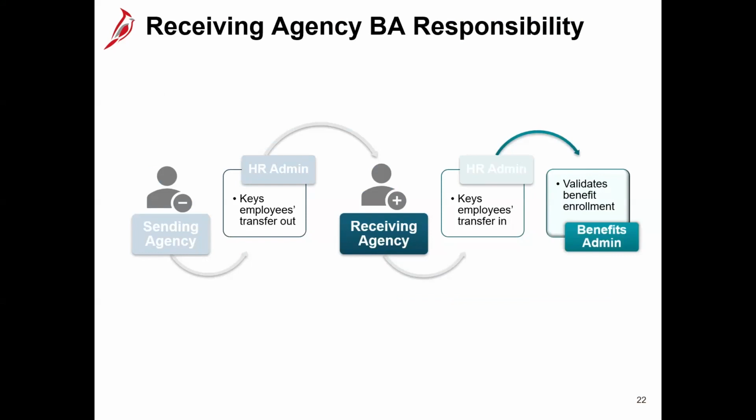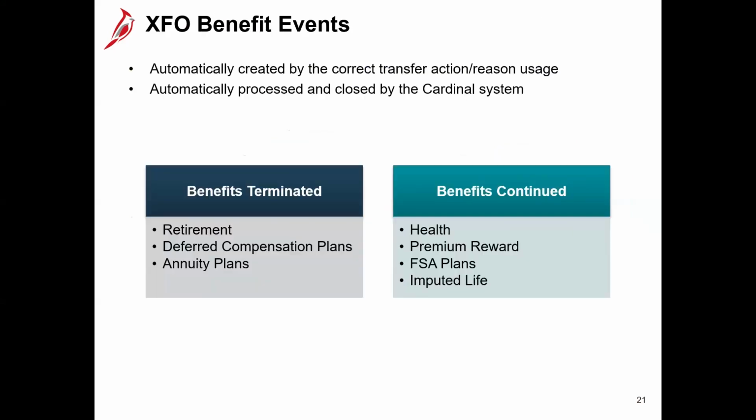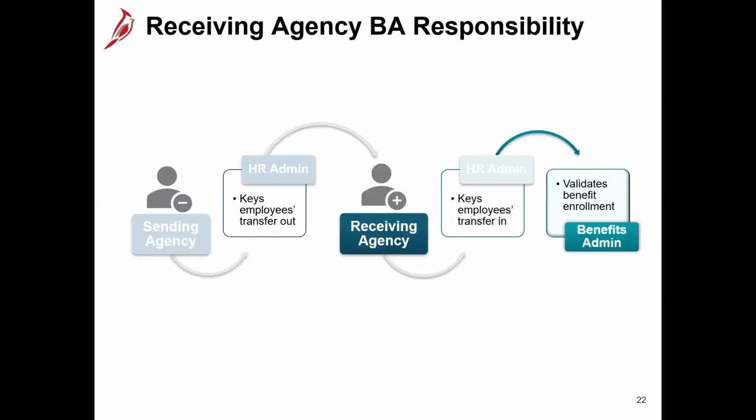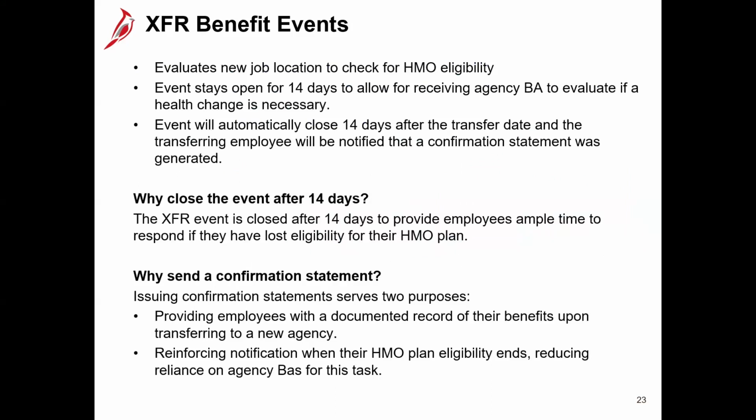Now, let's talk about the receiving agency's BA responsibilities. Now, here it's saying that you need to validate the benefit enrollment. So we just said in this prior slide that what that XFO event is supposed to do is terminate the retirement, deferred comp, and annuity plans and leave the other plans as they were before. So when I say that it's the benefit administrator's responsibility to validate the benefit enrollment, you're validating that that process has happened correctly. And if you see that all the benefits have terminated, that's your first key that, oh, maybe those action reasons weren't correct. So let's move on and see what the exact